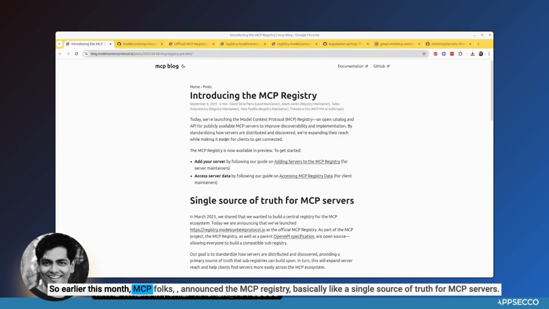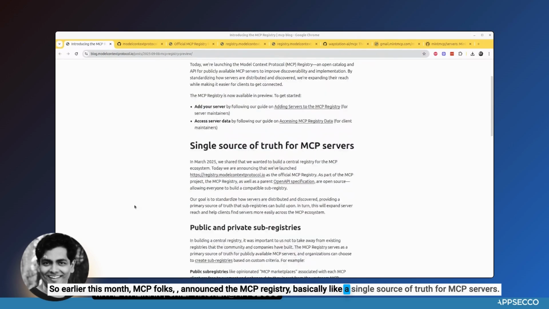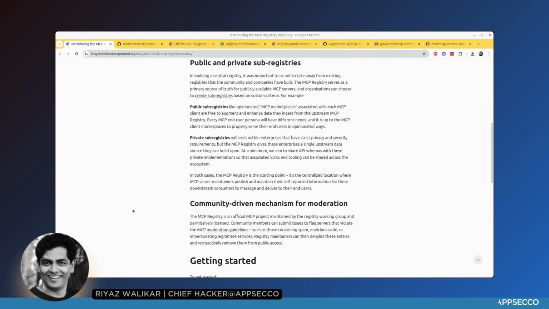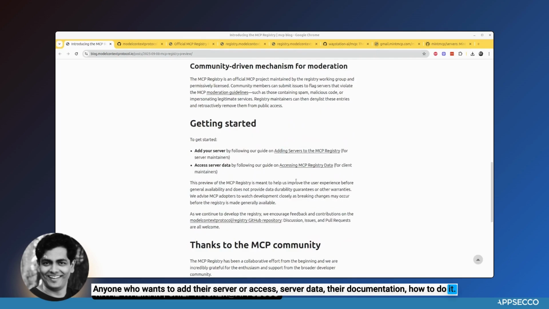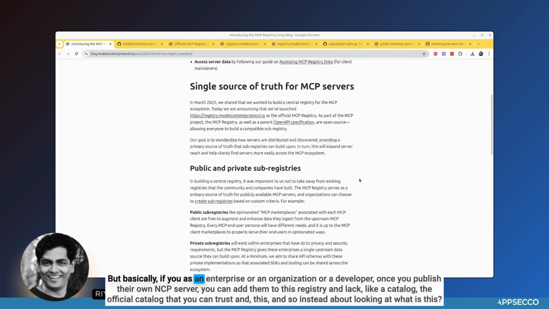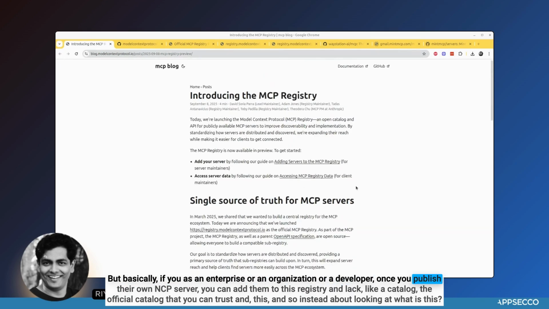So earlier this month, MCP folks announced the MCP registry, basically like a single source of truth for MCP servers. Anyone who wants to add their server or access server data, they have documentation on how to do it. But basically, if you as an enterprise or an organization or a developer want to publish your own MCP server, you can add them to this registry and act like a catalog, the official catalog that you can trust and